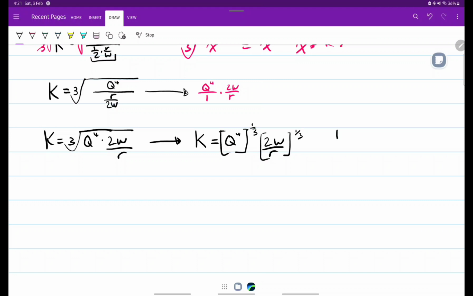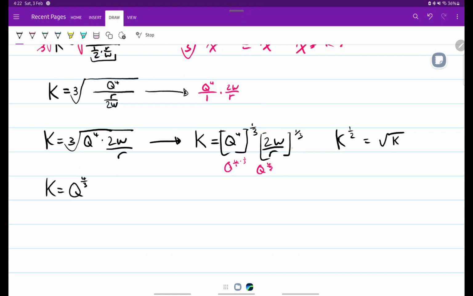Because technically in the beginning, k to the 1/2 is just the square root of k, just in exponential form. So q to the 4 to the 1/3 is multiplied through, and you can put that over 1, multiply them across, that will give you q to the 4/3. So k equals q to the 4/3,